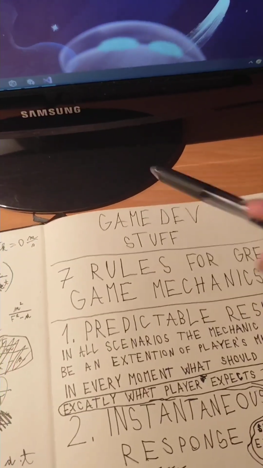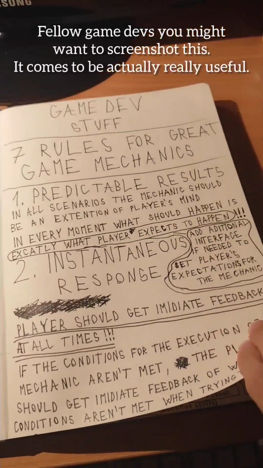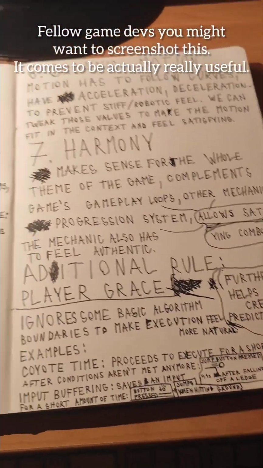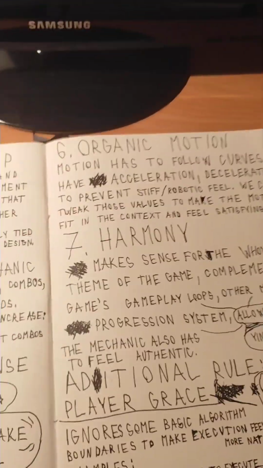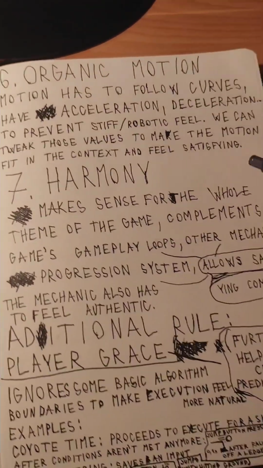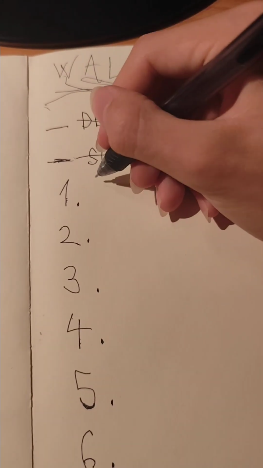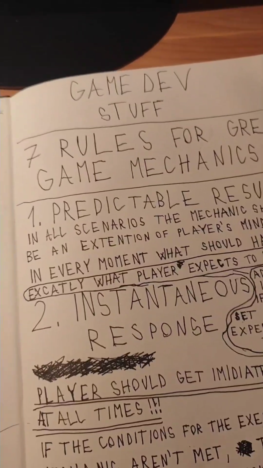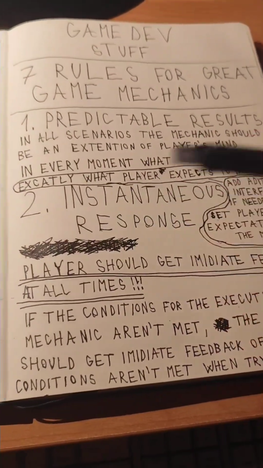Now this bundle will run the mechanic through the 7 rules. Here I have them, nerdy stuff. More nerdy stuff. And written like a 5-year-old, but that's so you can read it, because I know you can't read my cursive. Okay, so first rule is predictable results. And I would say the mechanic is pretty predictable. Then second one, instantaneous response,